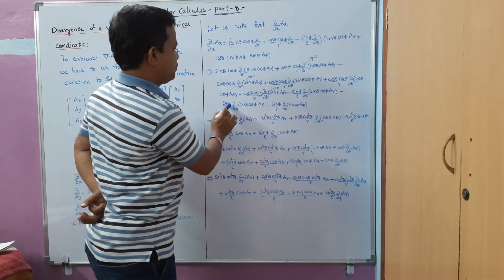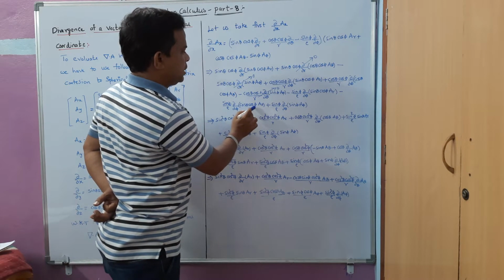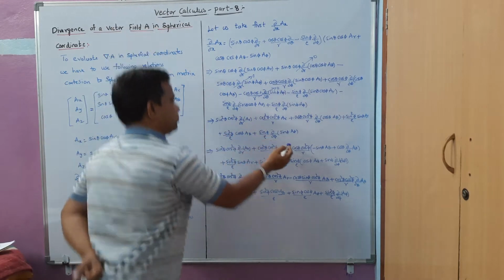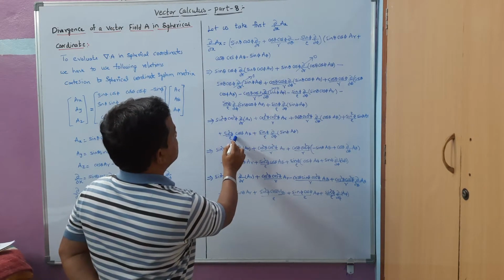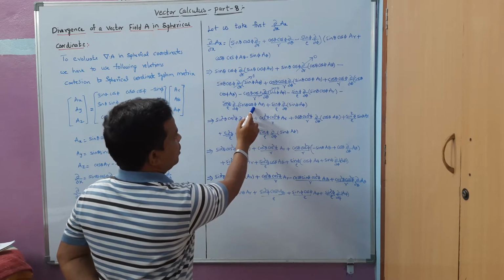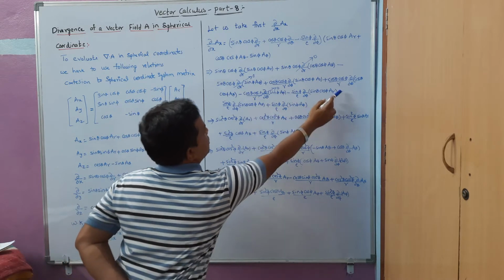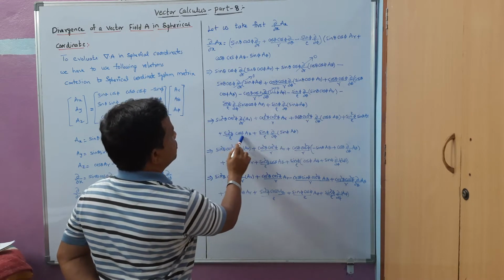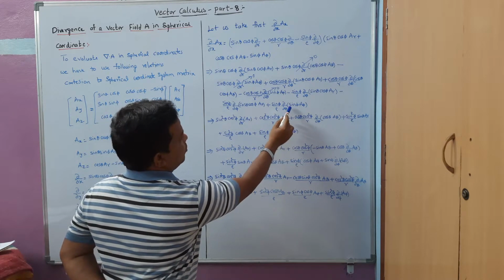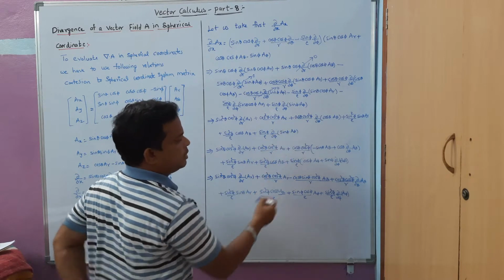Next, sin phi by rho dou by dou phi of cos phi. So with respect to phi, here cos theta is constant, we will take it outside. So we are going to write like this. That is, the differentiation of cos phi is minus sin phi here, so minus into minus plus I get here sin square phi by rho cos theta into A theta. Next, finally I am going to have sin phi by rho dou by dou phi of sin phi A phi. So again we have to apply the UV formula here.